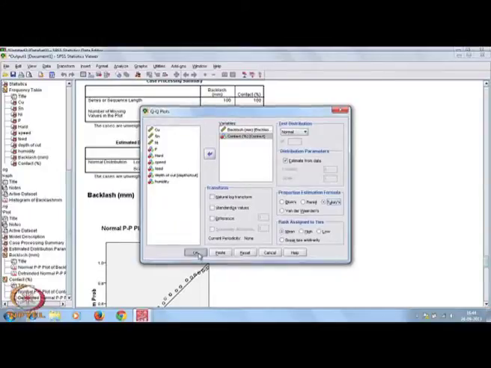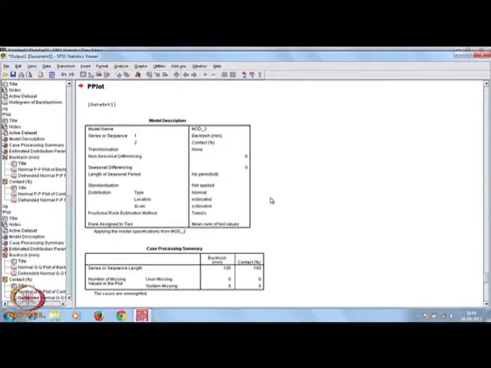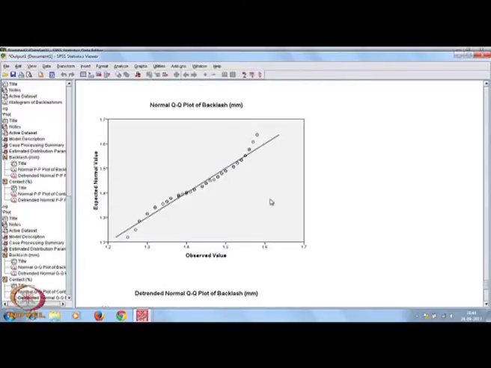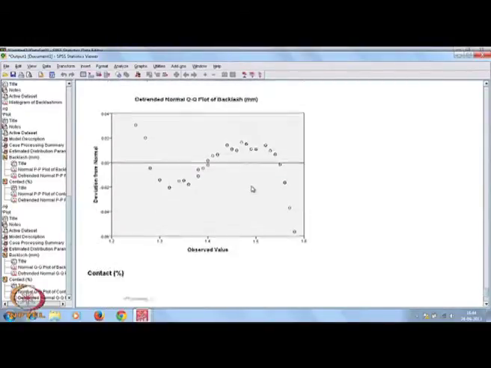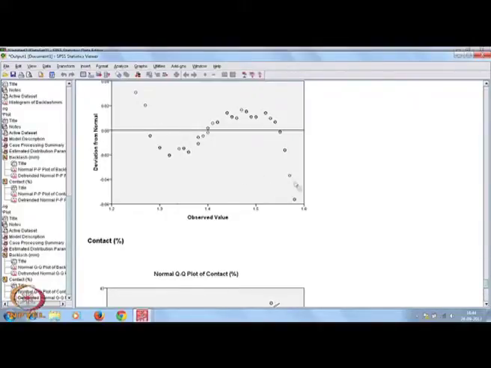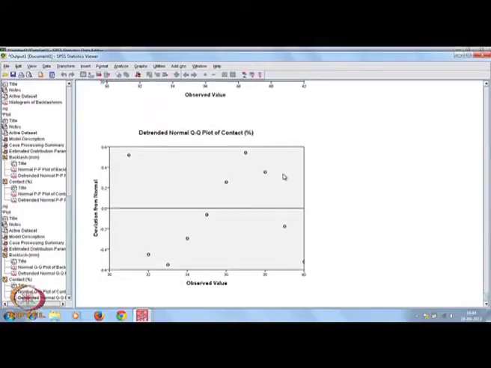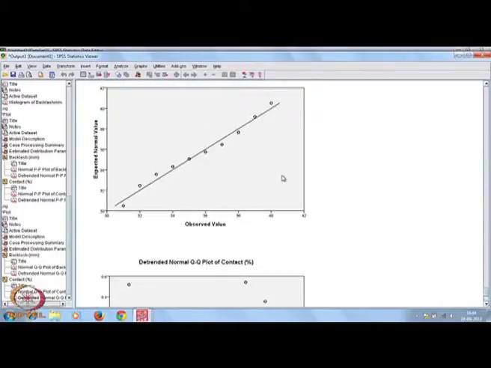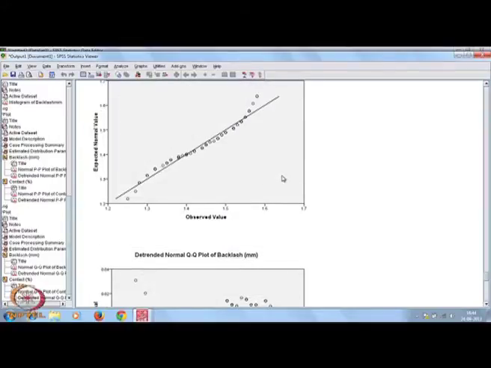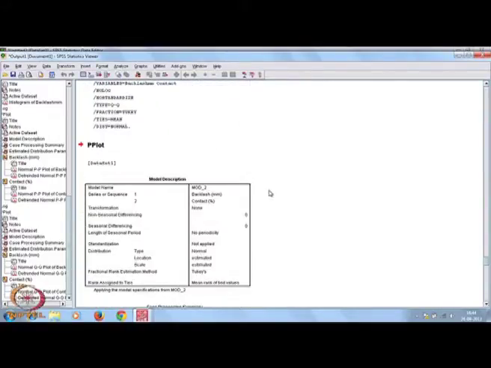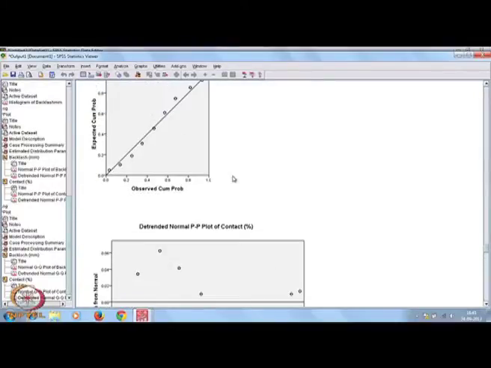Natural log. Okay. Then see, this is a little different, showing slight departure compared to the P-P plot, and it is an obvious departure. This is for your contact.